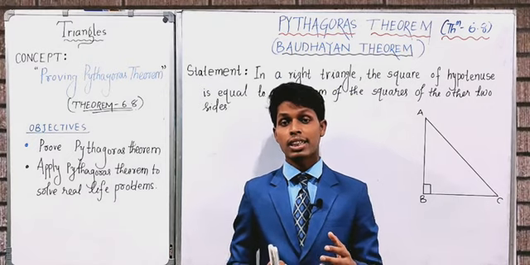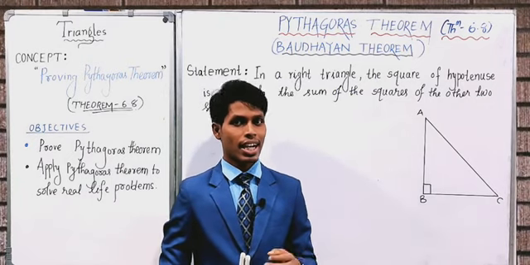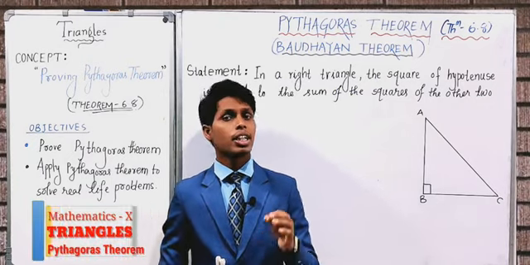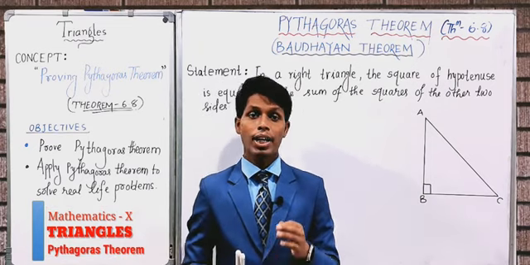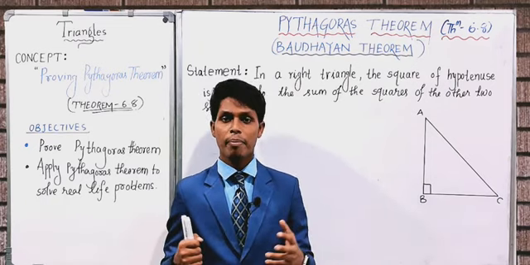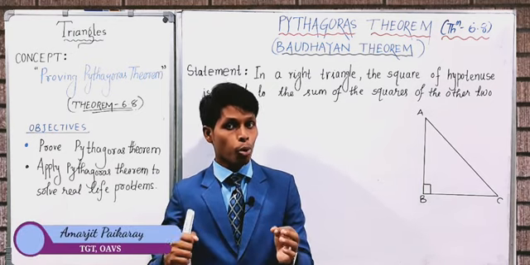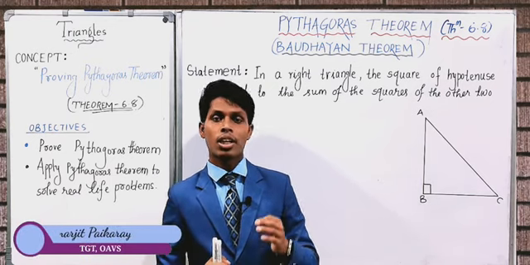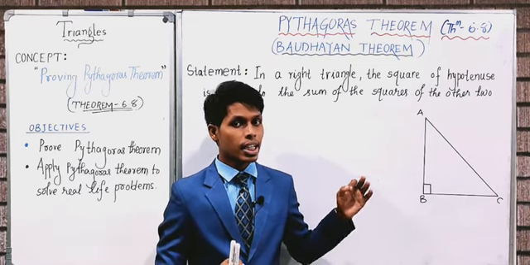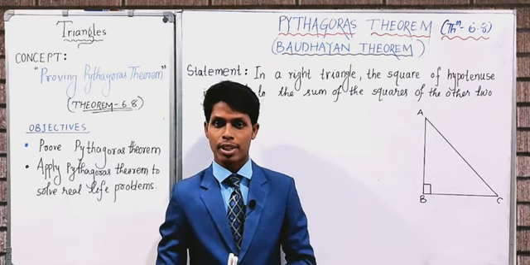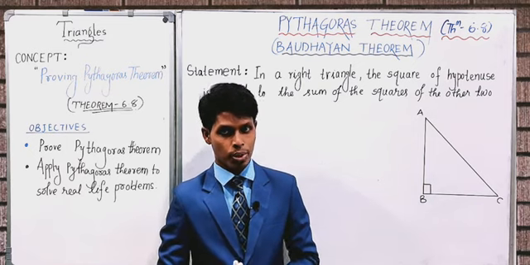Pythagoras theorem, yes, it is the most famous theorem related to right triangle, and you would have used it so many times in mathematics, and you would have also verified this in many ways. Now in this class we are going to prove Pythagoras theorem by using the properties that we have studied in the earlier sessions of this chapter. Okay, so now let's move to the proof of the theorem.